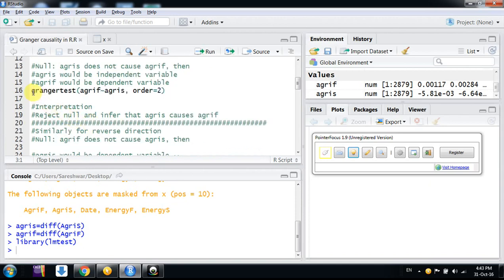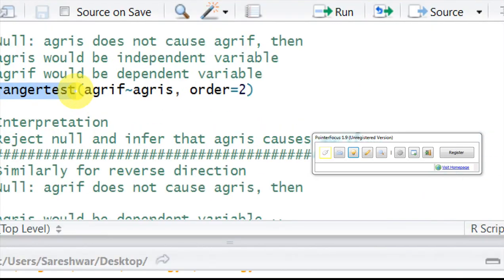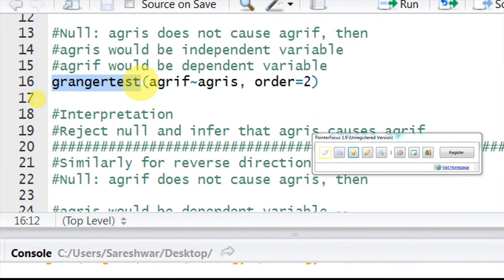Now you can use the command grangertest. This is the command for that. Just like regression, we specify the dependent variable. Here Agri F is our dependent variable and Agri S is our independent variable, and order means the number of lags you want to consider for the linear regressions.